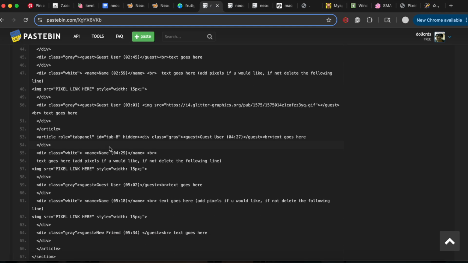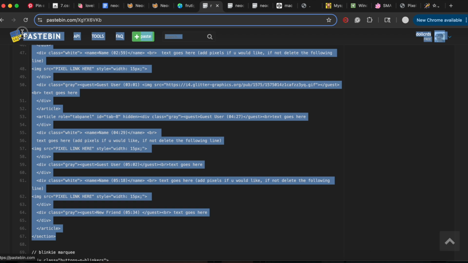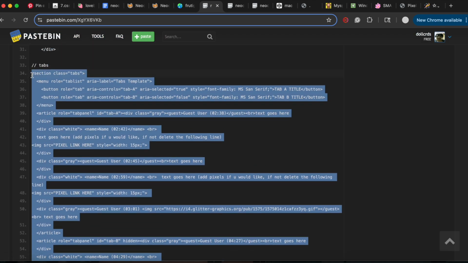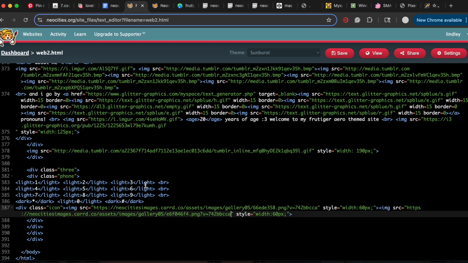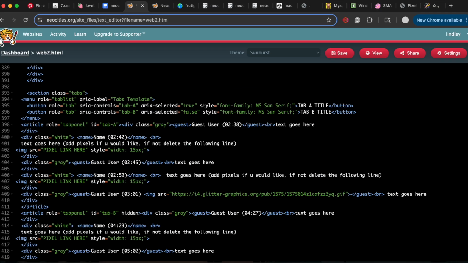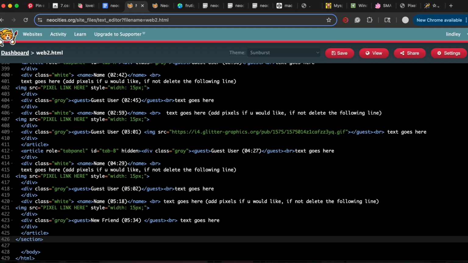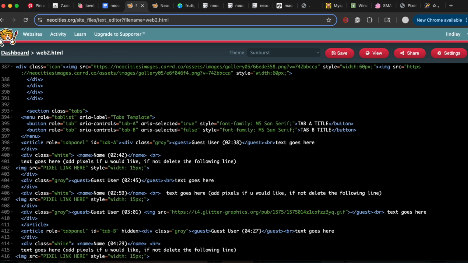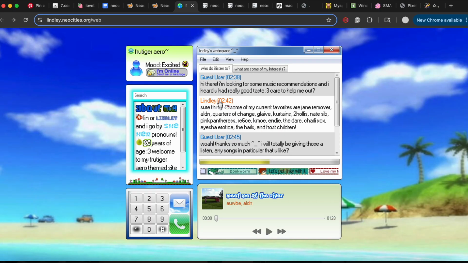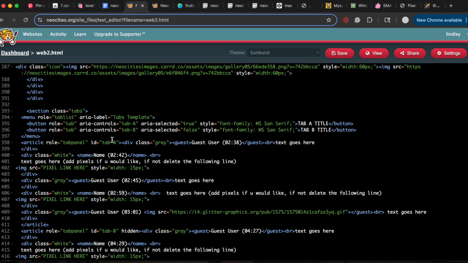And then we're getting into the tabs, which is a lot, but we're going to explain it, and then I'm just going to leave it as the template. When we publish it, you'll see, and I'll explain how it differs from when I've added all my stuff. So basically, here is where the titles of the two tabs are, and if you want more than two tabs, you're welcome to have a third one. You would copy and paste this whole line, and then change it to tab C instead of tab B,